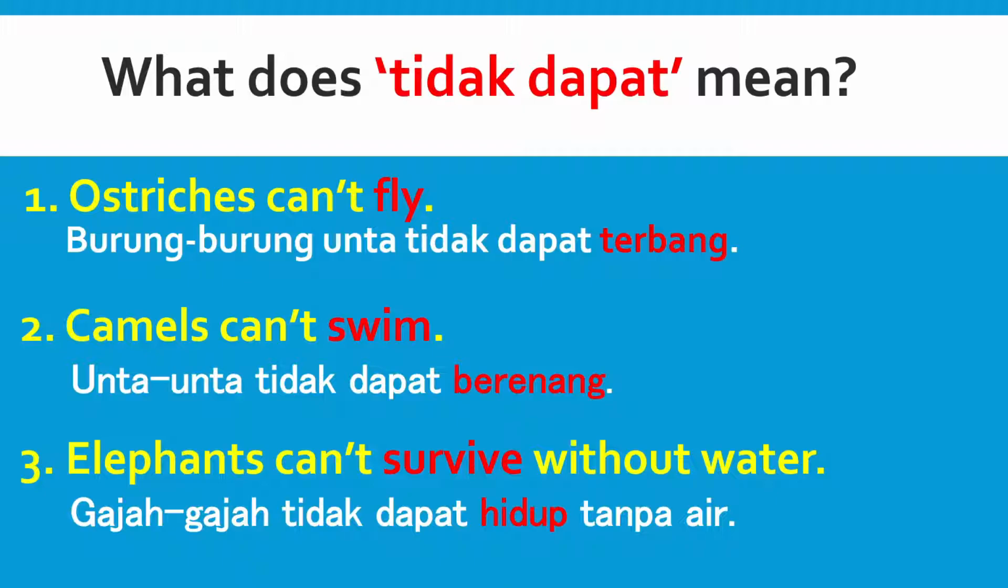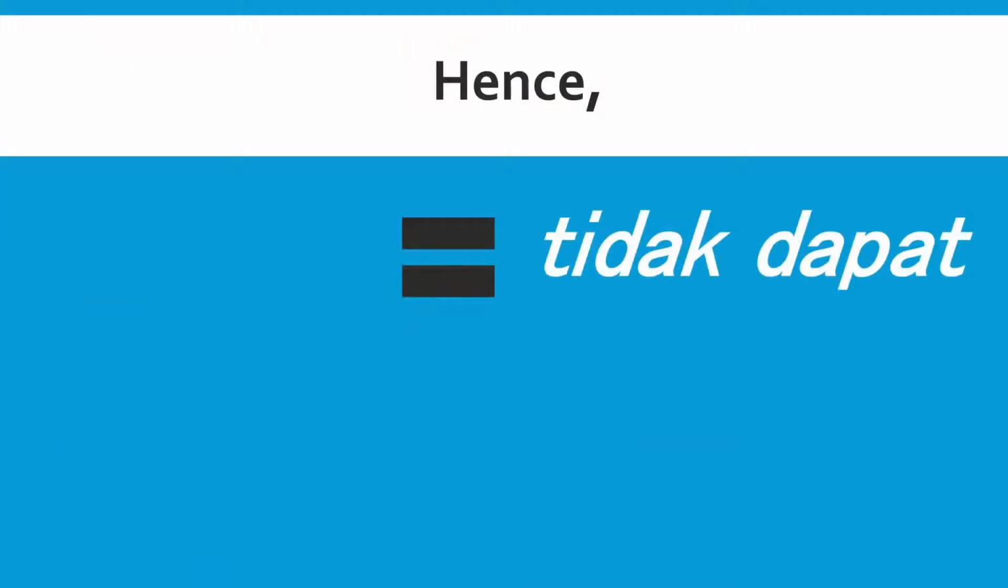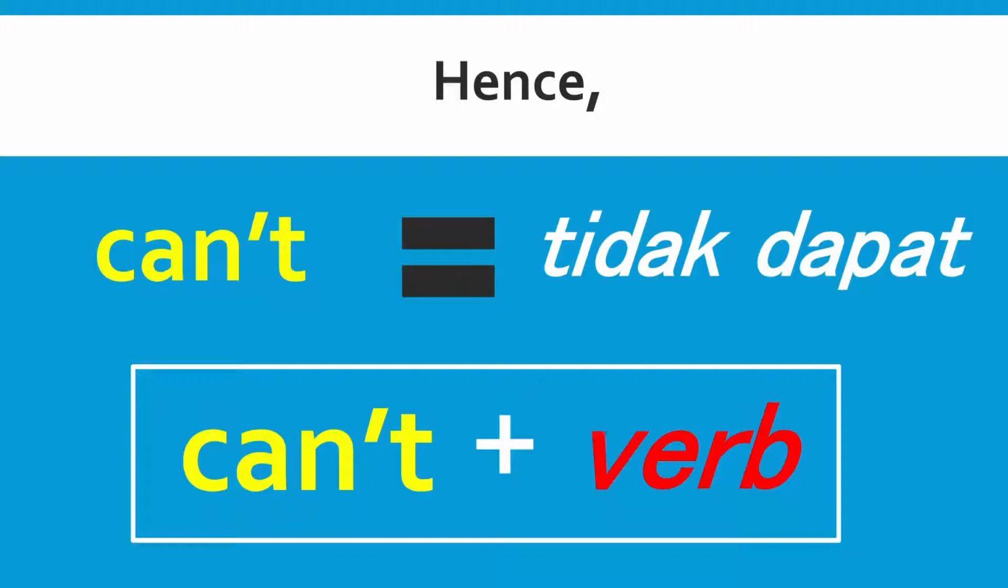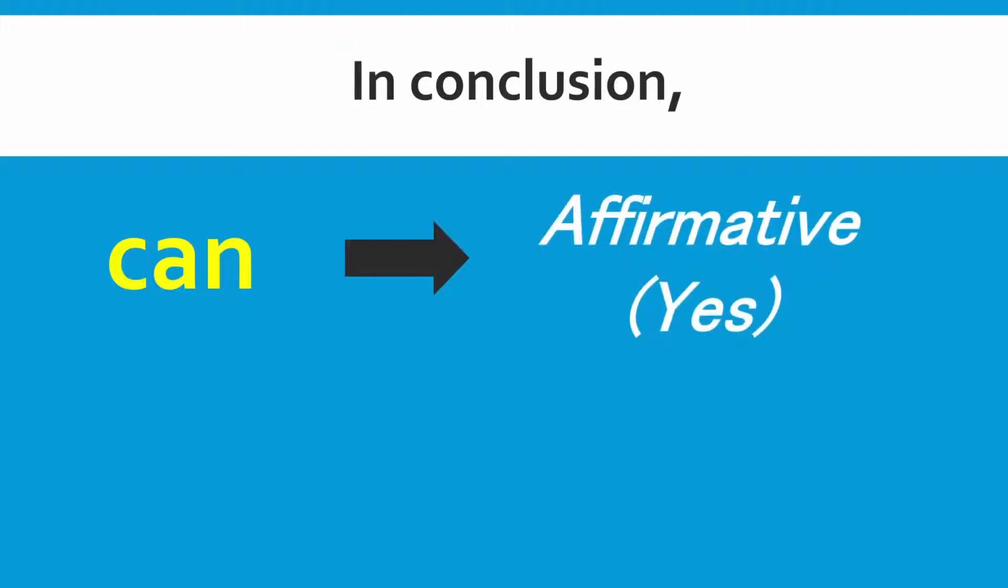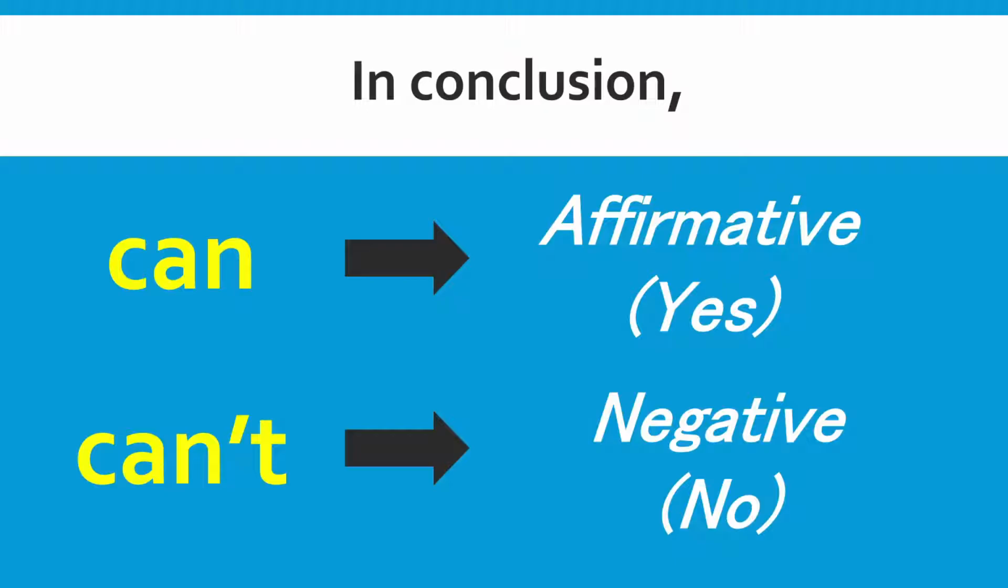So based on these 3 answers that have been translated into BM, what can you imply with the meaning of tidak dapat? Tidak dapat means can't. The same situation with the use of can. When we want to use can't, it must be used together with a verb, and this verb is in root form as well. So in conclusion, can basically is used for affirmative sentences. In other words, affirmative means yes,